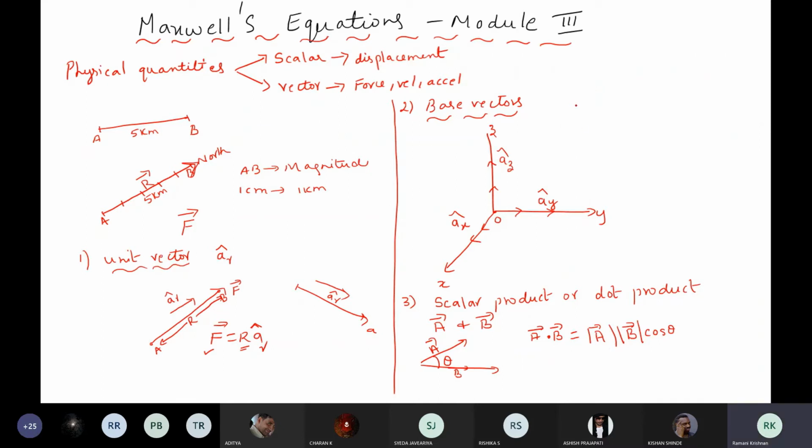Give one example of dot product. For example, I have a current carrying conductor. If F is a force acting on the conductor and if DL is the length of the conductor, current is flowing. Now, what will be F dot DL? Students, dot product of F dot DL, what should I write? I should write modulus of F, then modulus of DL vector, then what angle will come?